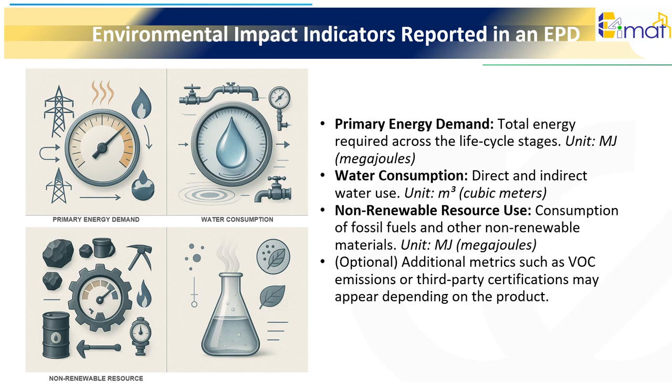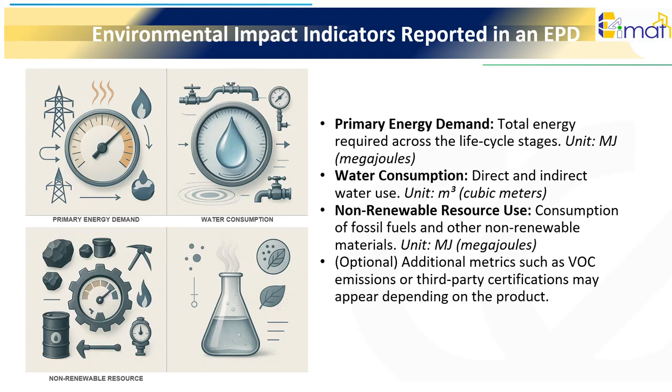Some EPDs may also include optional metrics, such as VOC emissions or third-party certifications, each with its own specific units depending on the testing method. These additional indicators expand the transparency provided by the EPD. Overall, these resource metrics complement the impact indicators by showing how the product interacts with energy and material resources throughout